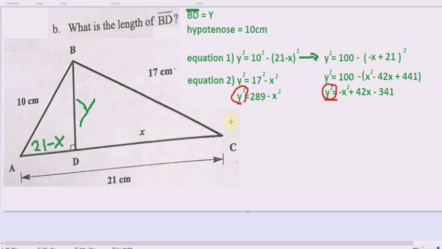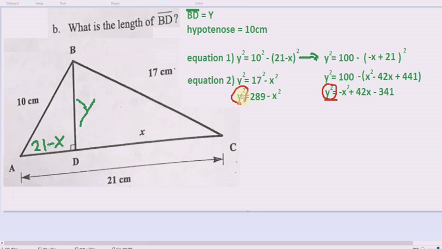Now, I'll do a similar thing with this triangle, only this time it's a lot simpler because I'm using x and I'm not using a polynomial that involves x. So it just simply becomes 17 squared minus x squared, and that equals y squared. And then when I square 17, I get 289 minus x squared. Now, this is two different equations,